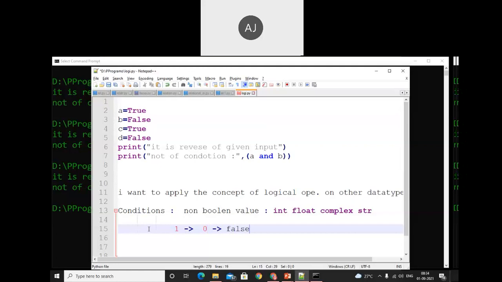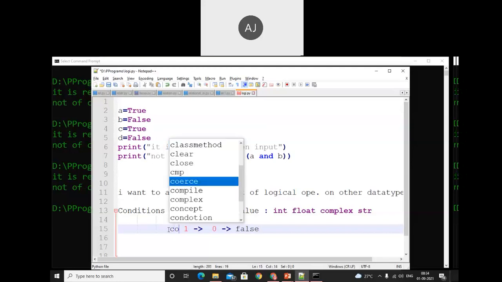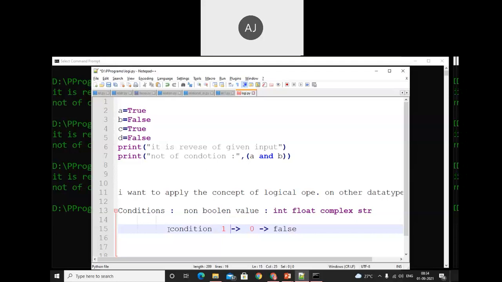This condition will be applicable on true or false; at least we know what the true value is and what the false value will be. So the first condition: 0 means false.